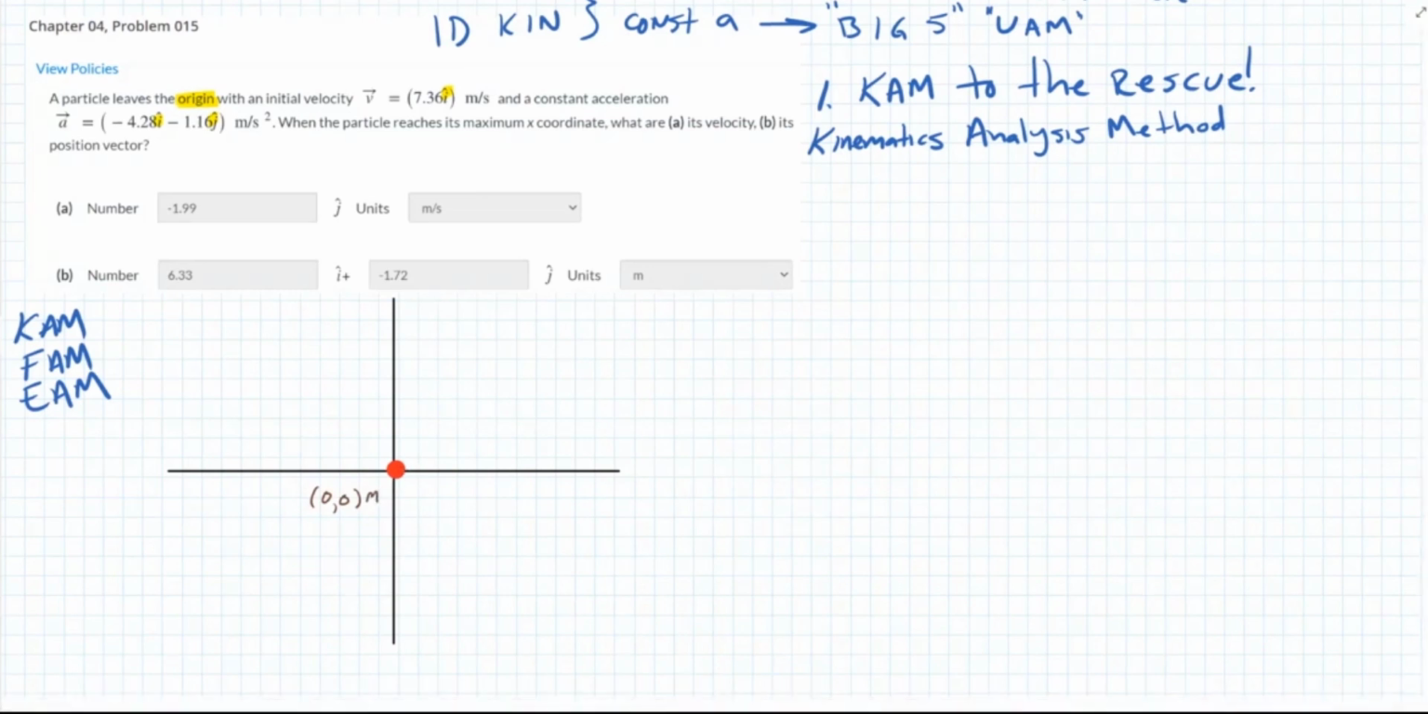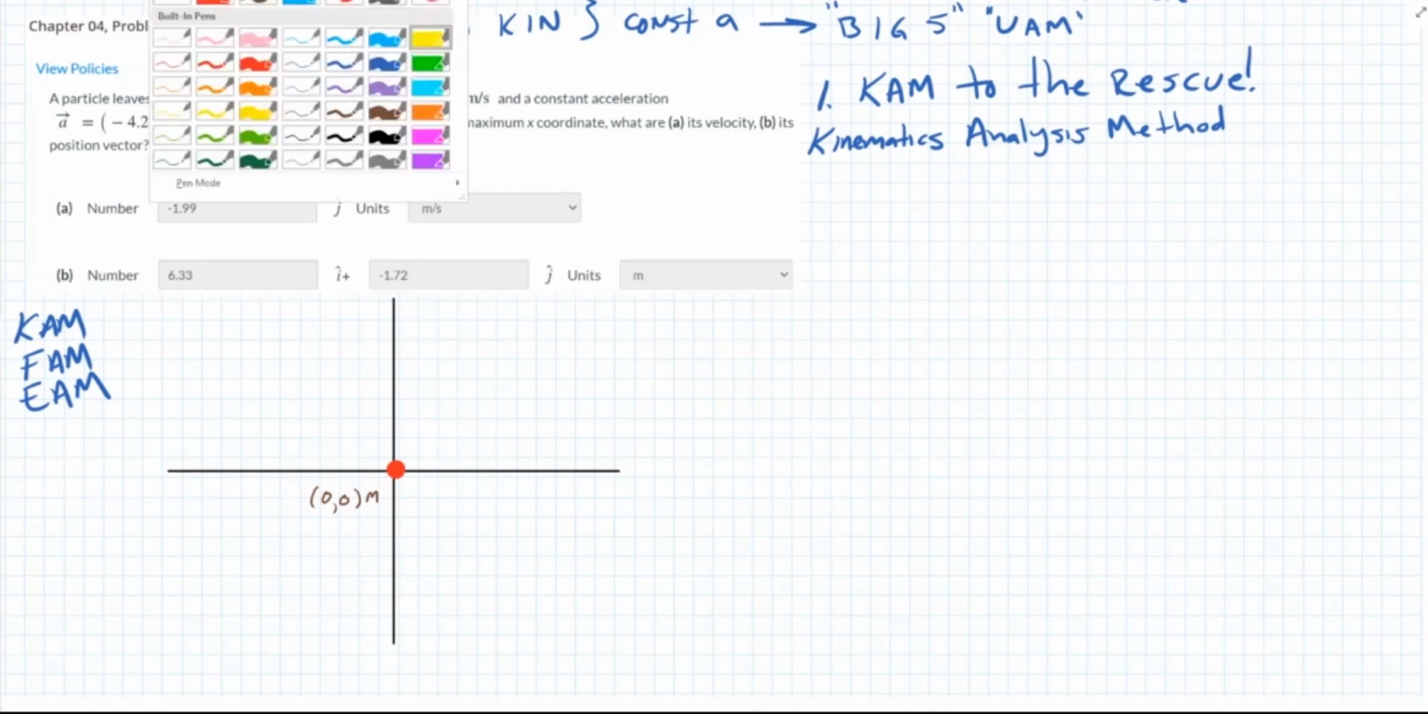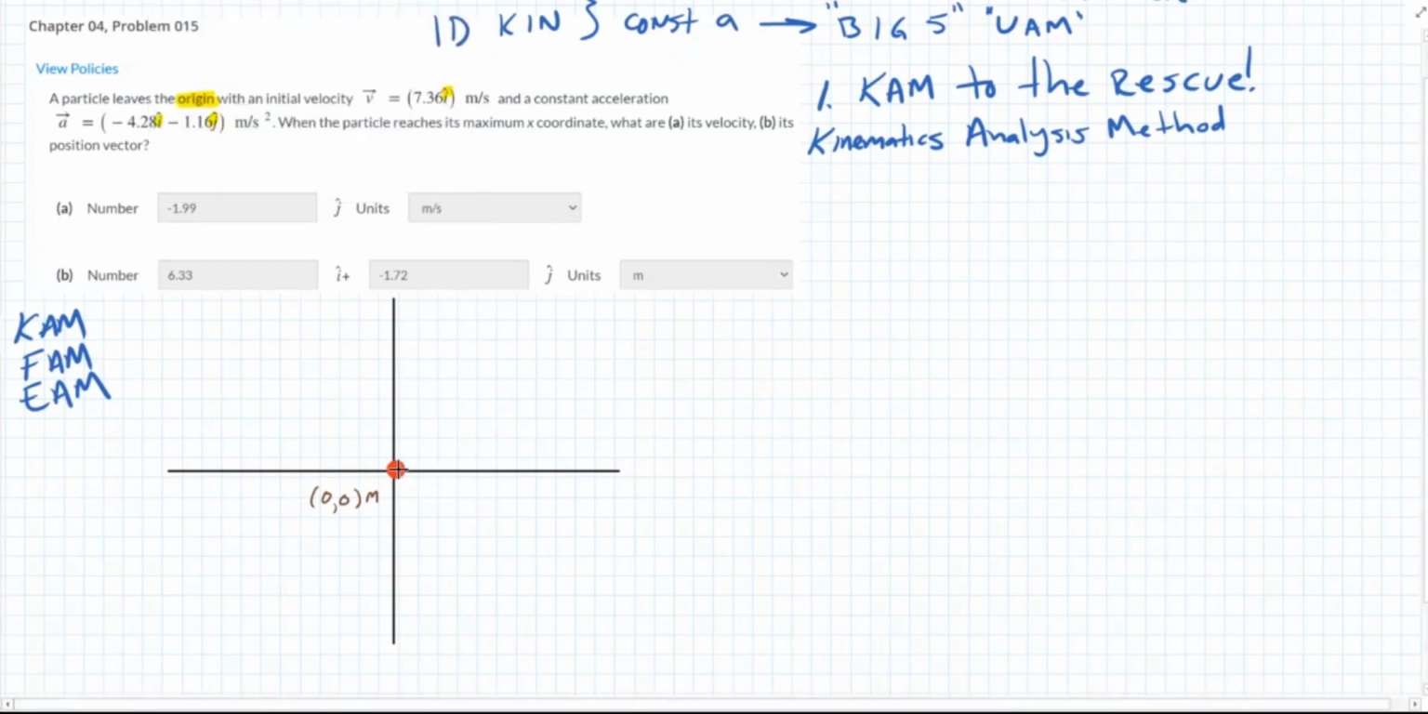And according to my additional specifications, I always think of this as like an engineering specifications document or a design document, or maybe even closer to me, a testing document. It leaves the origin with an initial velocity that's given. So let's draw the initial velocity. Here's my initial velocity. This is the initial velocity according to the specification. It says this initial velocity is equal to 7.36, and then it says I hat